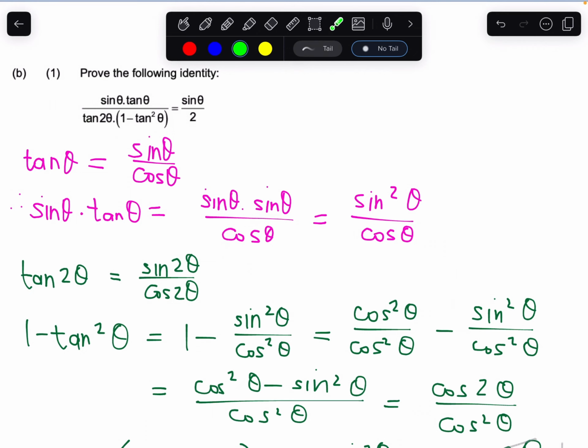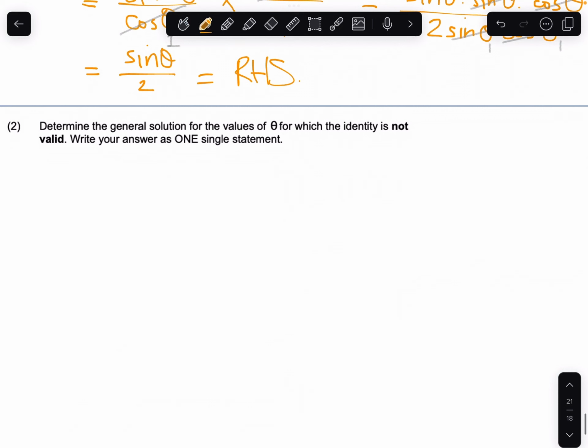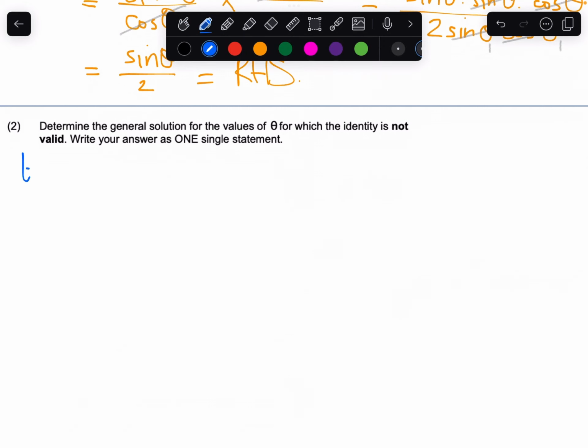It also won't be valid wherever tan isn't valid. So I'm just going to first solve the case where this is equal to 0 and see if that will also, it'll probably also cover the cases where tan is not defined. Remember, tan has all those asymptotes here. So let's see. So we want to figure out where tan 2 theta times 1 minus tan squared theta, right, that was it,